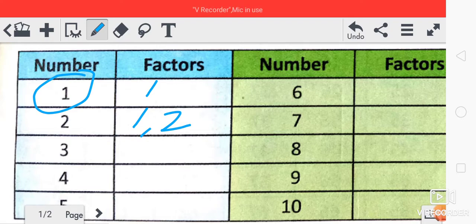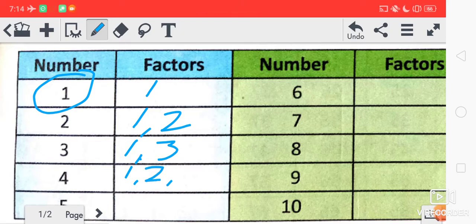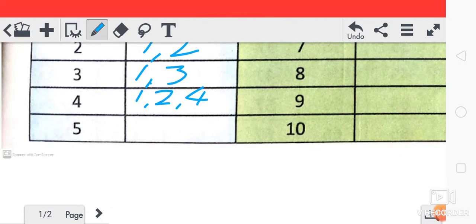Okay. Remember one thing, 1 is a factor of every number, each and every number. So 1 as a factor we will write for every number. So what are the factors of 3? 1 and 3 itself. What are the factors of 4? Means 4 comes in which number's table? 1. 4 comes in the table of 2 also. 2 2s are 4. So 2 is a factor, and 4 itself. 4 1s are 4.